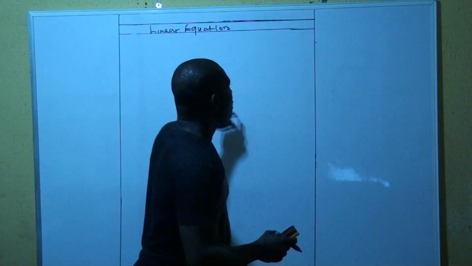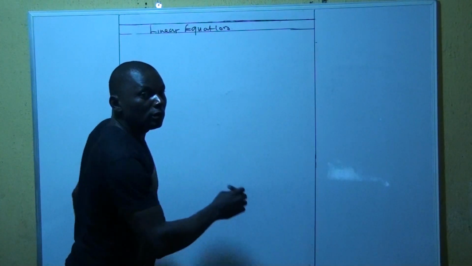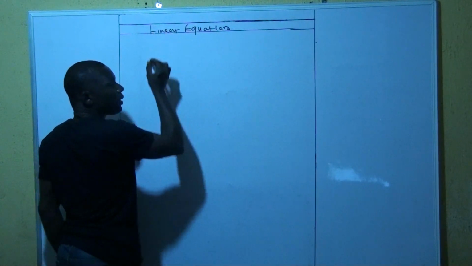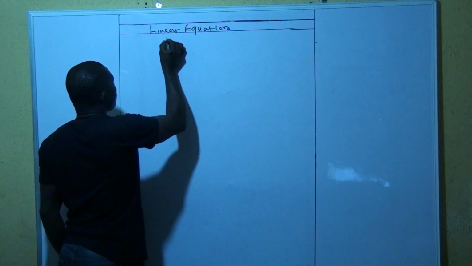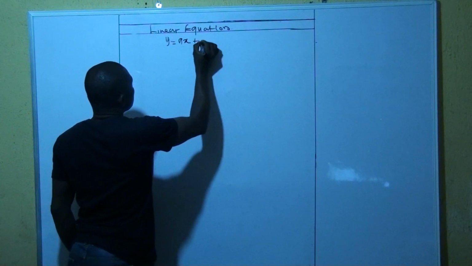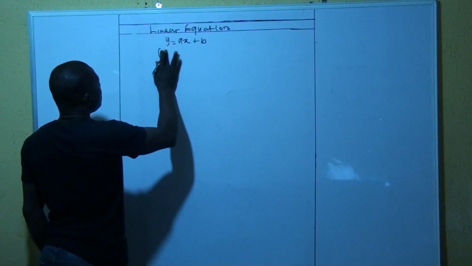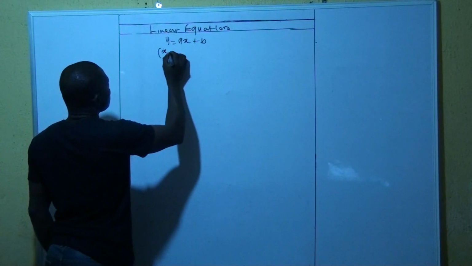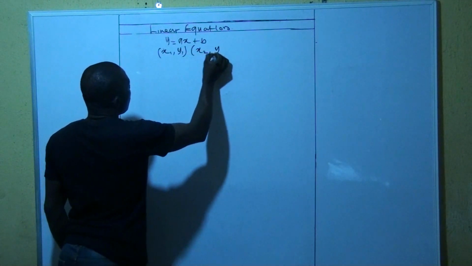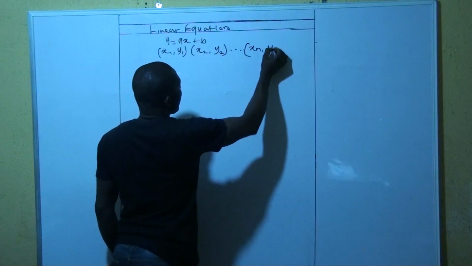The fact stems from the fact that if we have different solutions from linear equations of the form y = ax + b, if we have different pairs, let's say x1, y1, then another pair x2, y2, up to xn, yn,